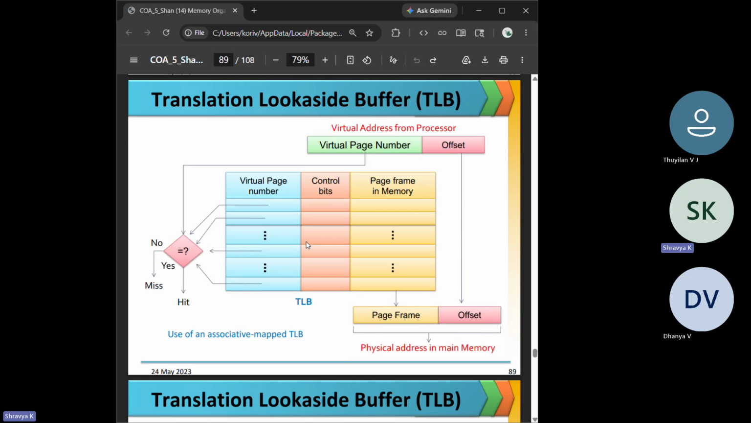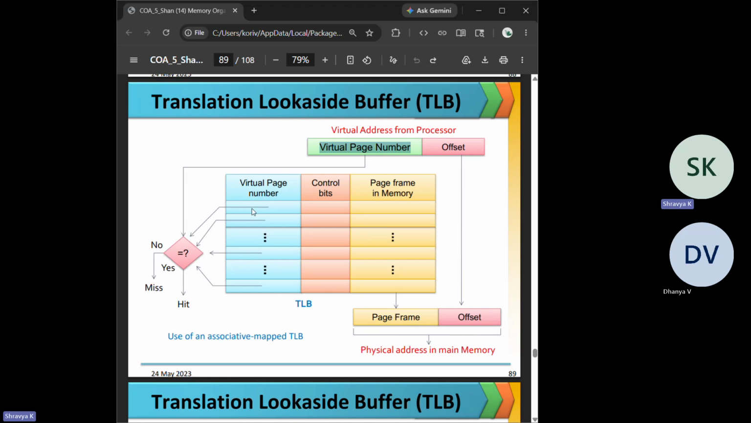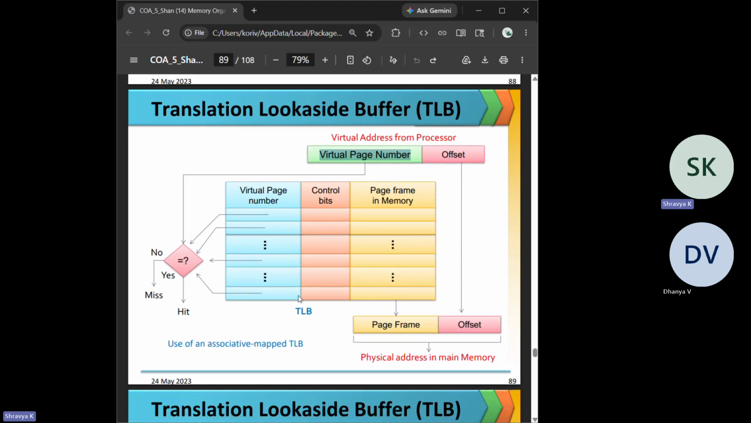If you look at this diagram over here, the virtual address from the processor is put in over here, and we check it with the virtual page number, right? We take the virtual page number and look for it in the table. We check with each and every one of these indices in the entire table over here, which will not be the entire page table. It will be the entire TLB, the translation lookaside buffer. We check with each of the indices and see if there's a match, right? If there's no match over here, it's a miss. And if there is a match,